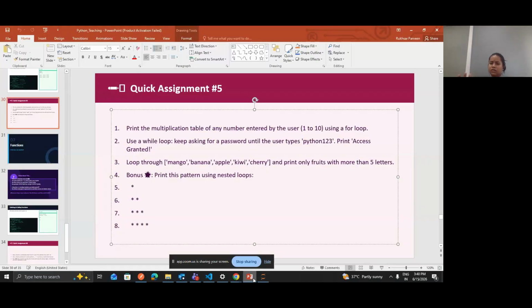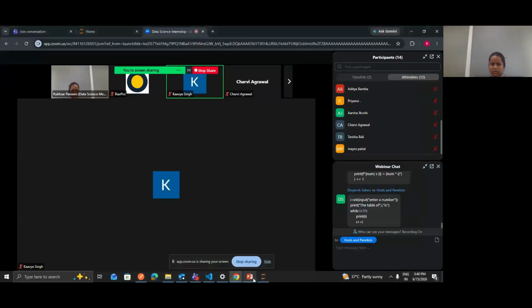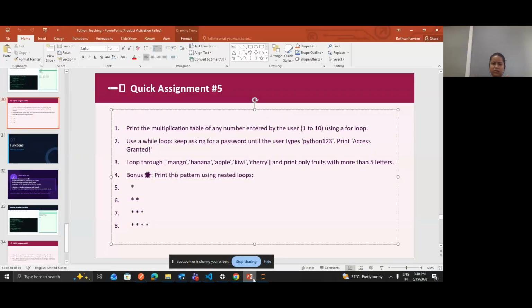You can keep taking the input from the user and catch into this variable, and once the value is what we are expecting, you can simply print this access granted and you can terminate this while loop. Or maybe you can keep the while loop true until the value is Python 123.